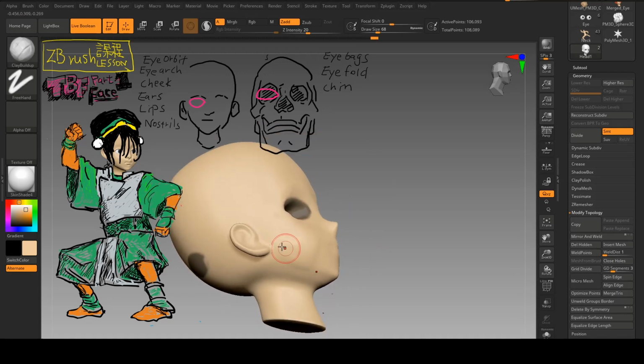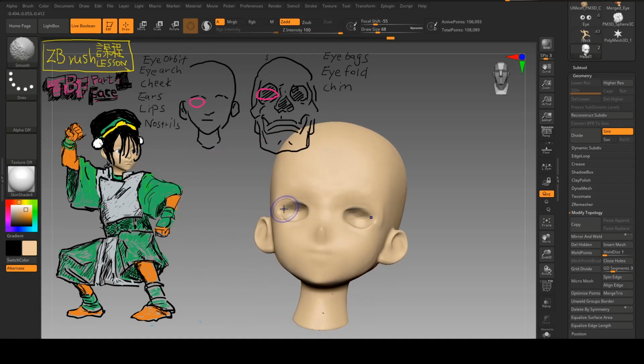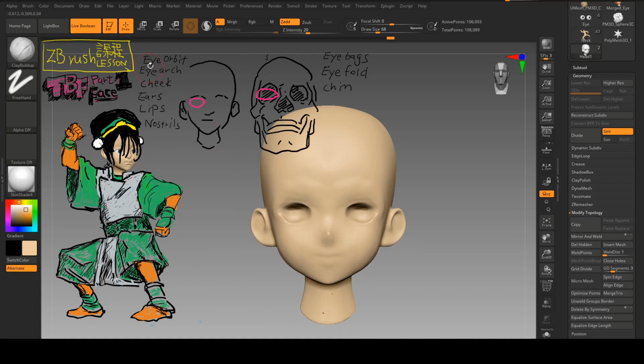Something like that. So back to the eye orbit. So if you have enough eye hole, eye socket, maybe let's try to use